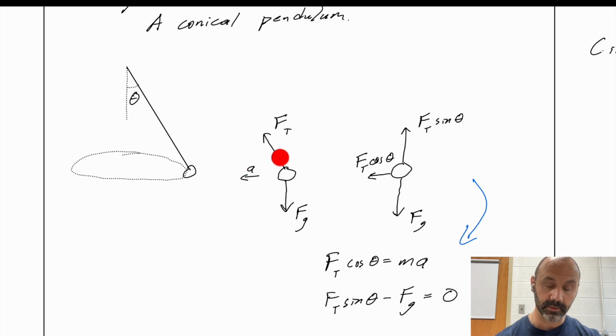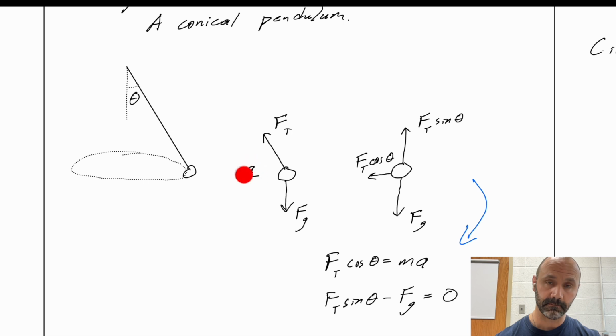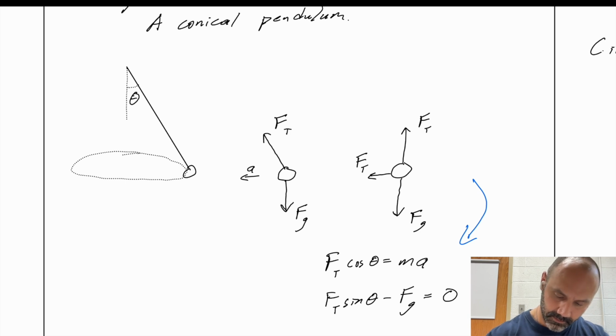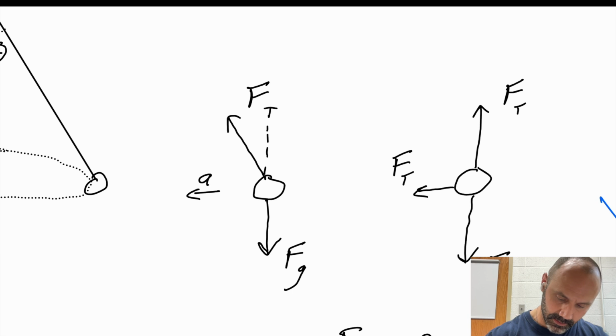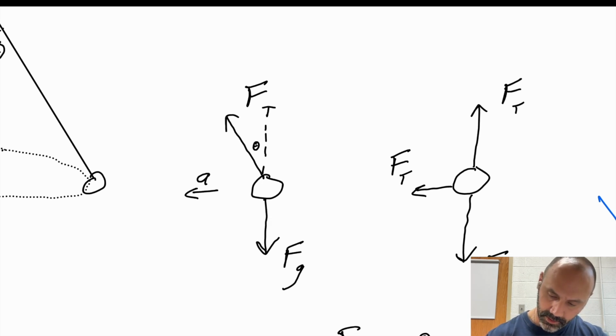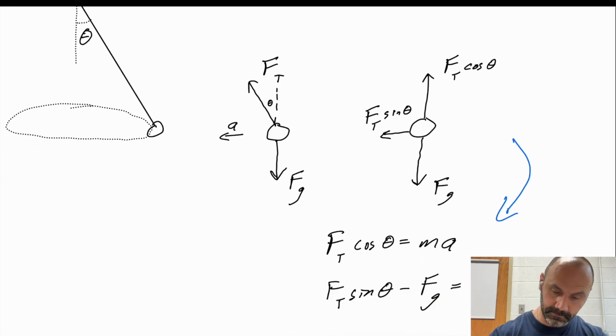Now when I break this up into its components, I'm going to make everything parallel and perpendicular to the acceleration because I need that in order to set up Newton's second law, like I did here. So the way this angle turns out, the vertical component here is cosine, or it should be cosine. I wrote it wrong. Because when I draw this angle this way, this is where theta is. So F_T cosine theta here, and then F_T sine theta here. That's the horizontal component. Now, once I fix sine and cosine,